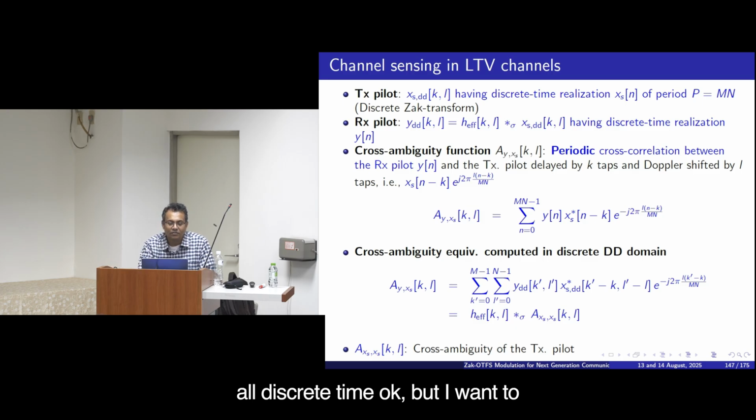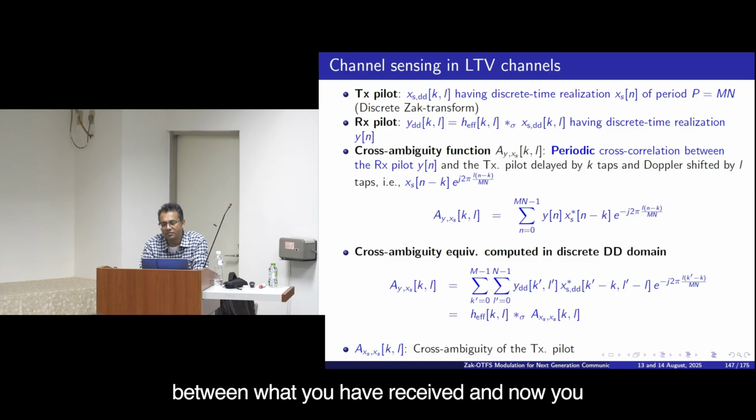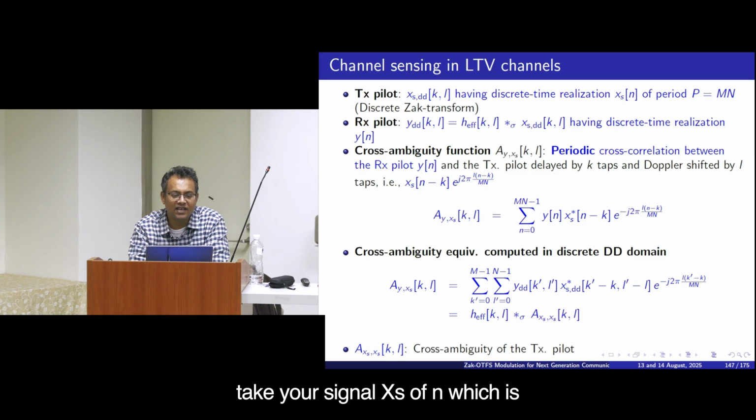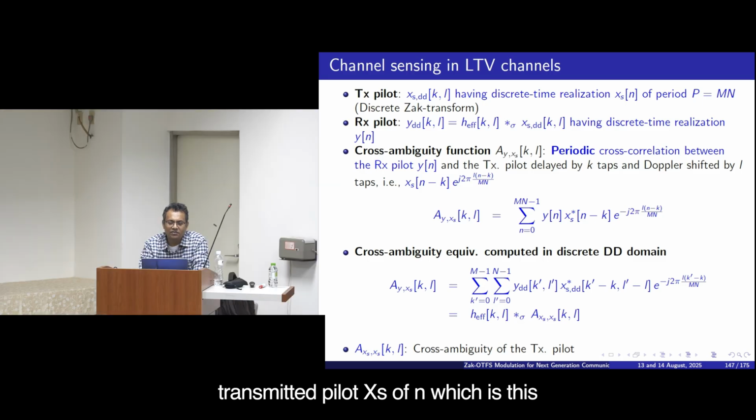But I want to somehow capture also the effect of Doppler. See what I am doing, it is very easy. This is something like a discrete time correlation between what you have received, and now you take your signal x_s[n], which is the transmitted pilot, right. If I delay my transmitted pilot x_s[n] by k discrete time taps, and I give it a Doppler shift of L taps. Remember,